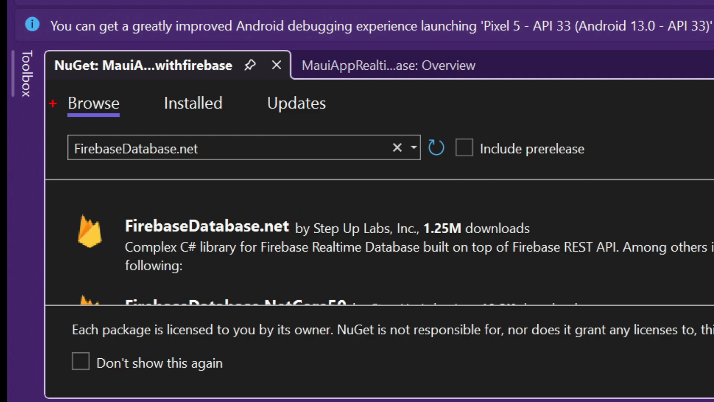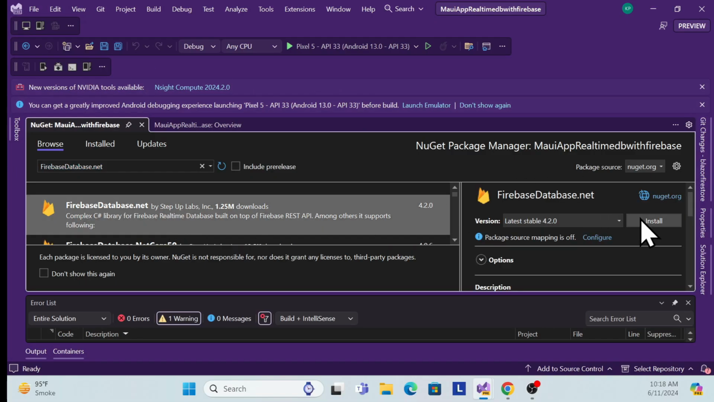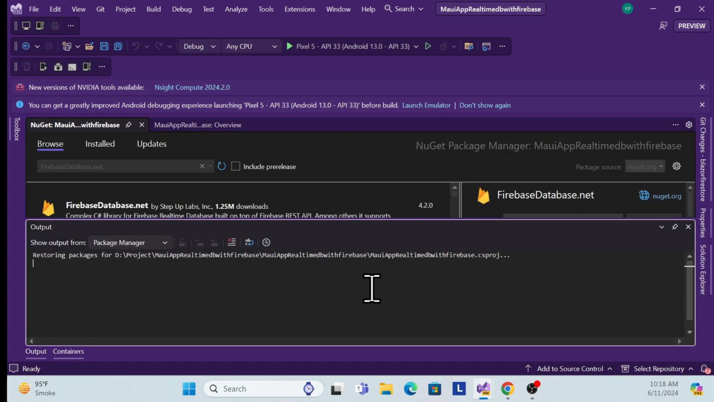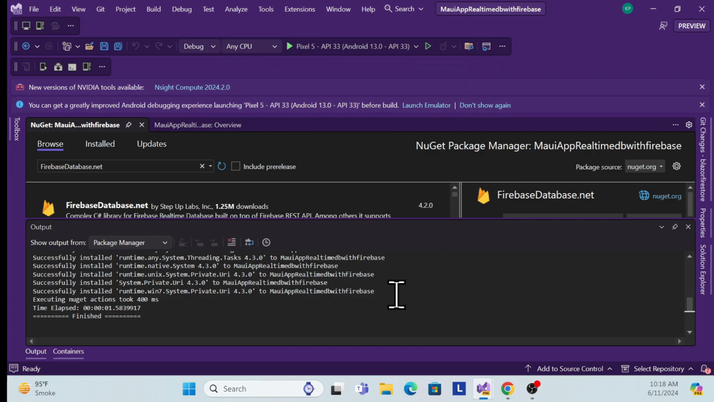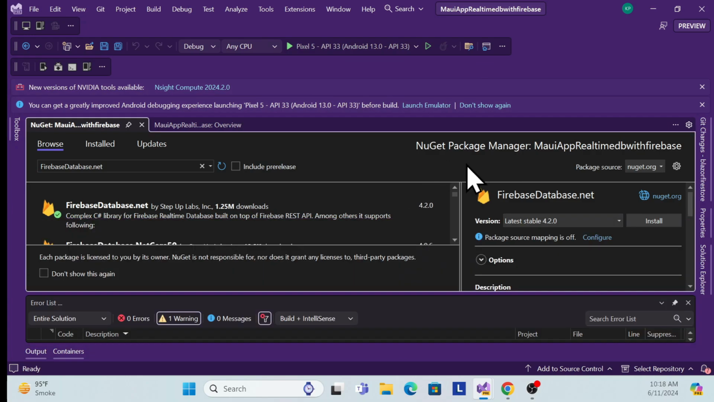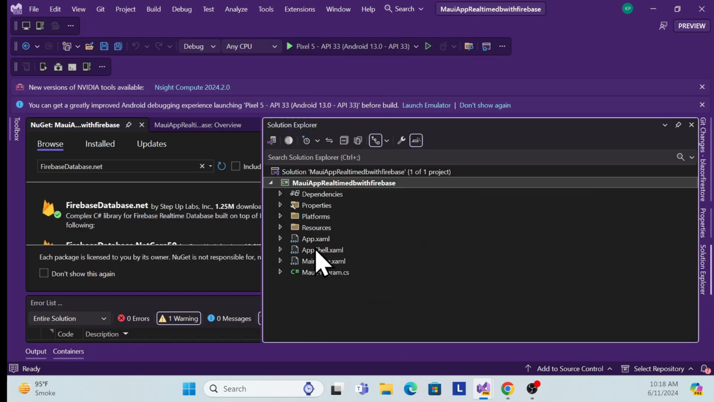Firebase database.net, and install, apply, accept, and done, right? So once I'm done, now go back to the application, and here I'll configure that Firebase client,